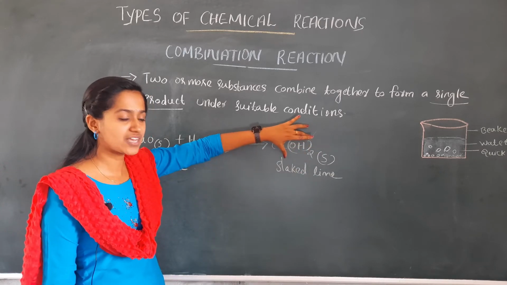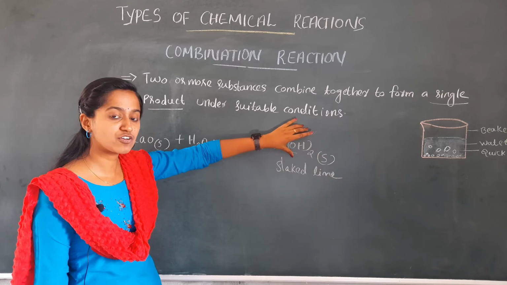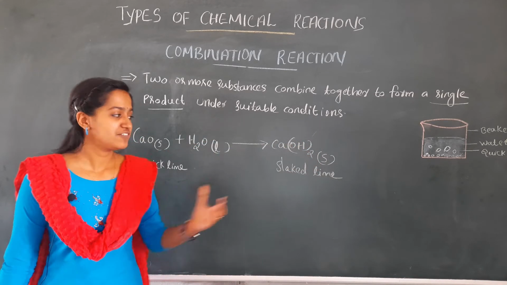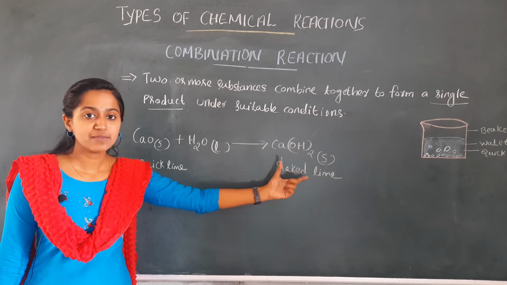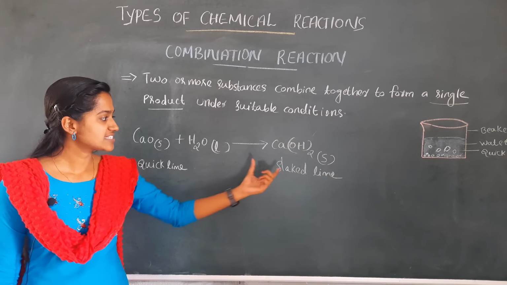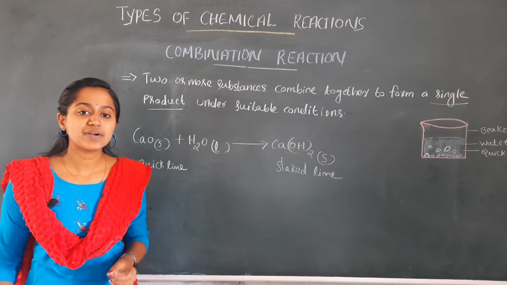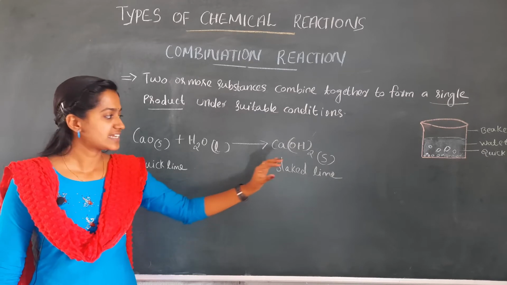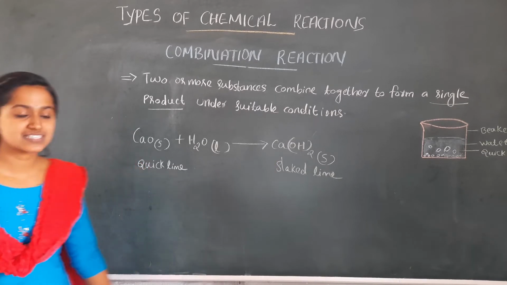Here only a single product is formed. This calcium hydroxide is also known by the common name slaked lime. When we apply the formed product, slaked lime, onto the wall using a brush, after some time this calcium hydroxide combines with the carbon dioxide present in the atmosphere and forms a thin coating. That corresponding reaction can be written as